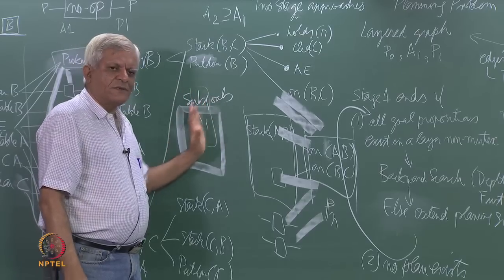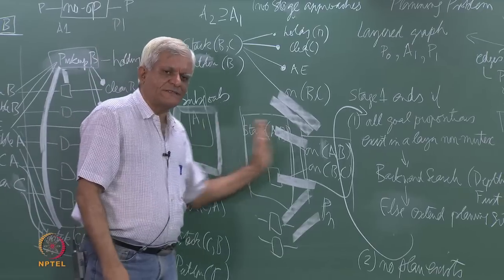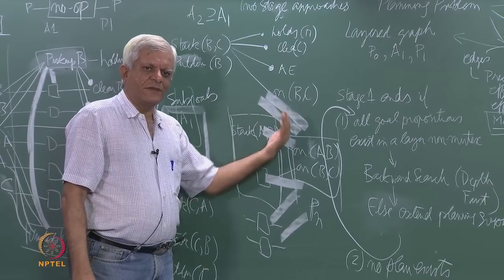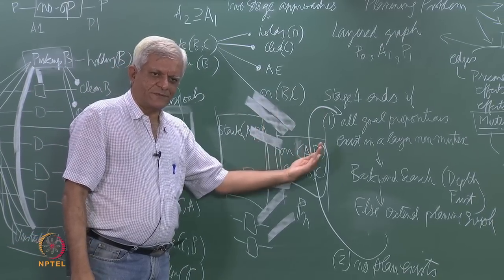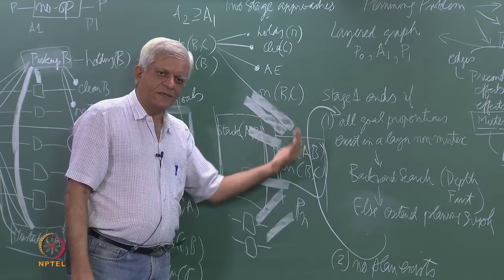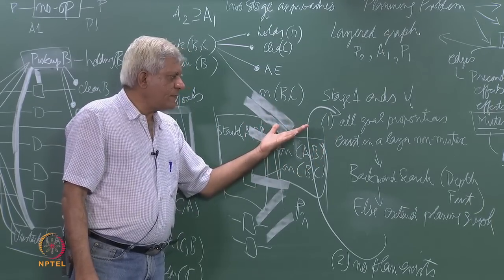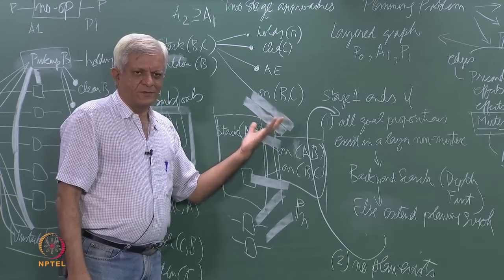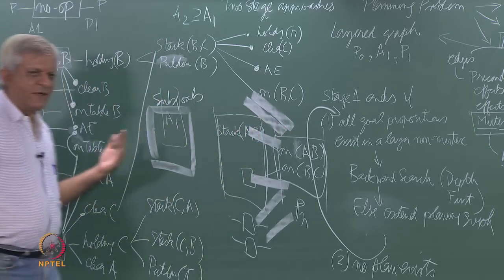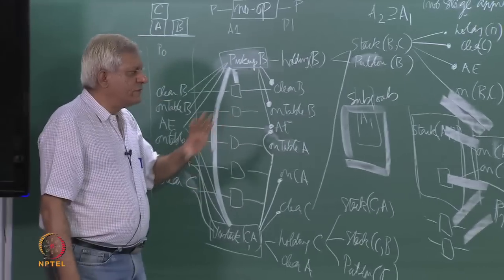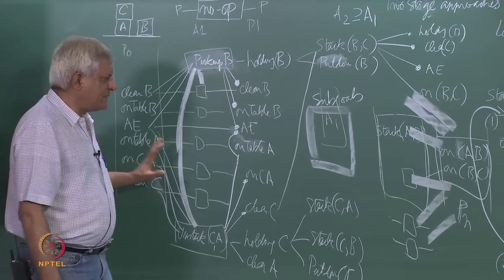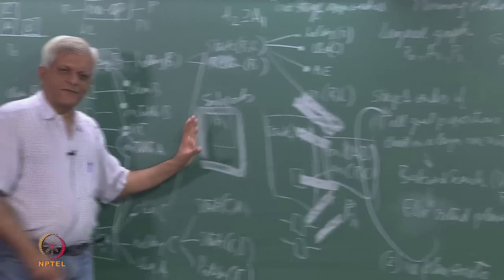If the set of subgoal sets does not change as you extend the planning graph from layer T to layer T plus 1, then you can terminate by saying there is no plan, essentially. To get some intuitive feeling behind this, what happens is that as we construct the planning graph, first